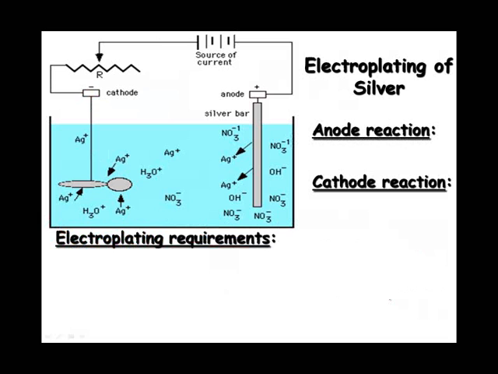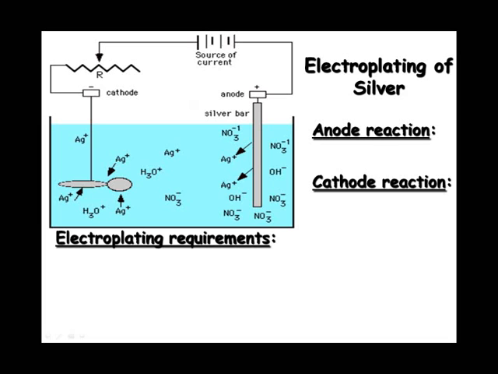Okay, so when we look at electroplating, as we will in the lab, let's say I have a ring, and I want to make the silver plating. What I would do is put a bar of silver as my anode, right? I put silver nitrate, an aqueous solution of a silver salt, in here, and what happens is the electrons